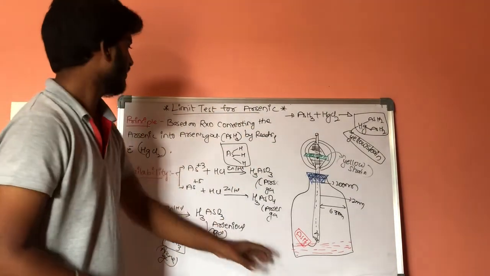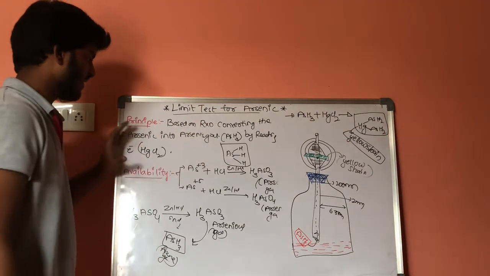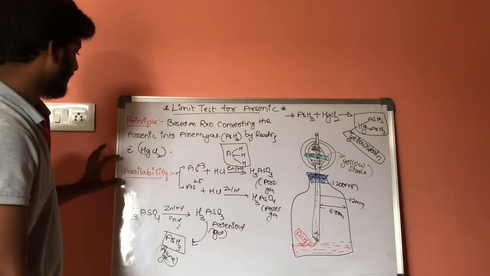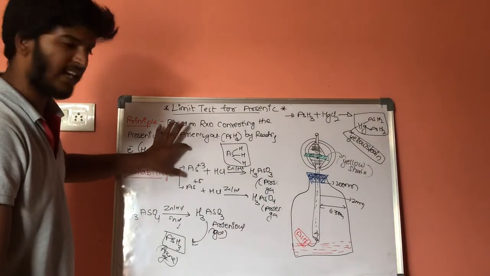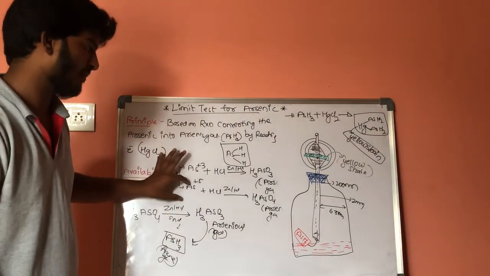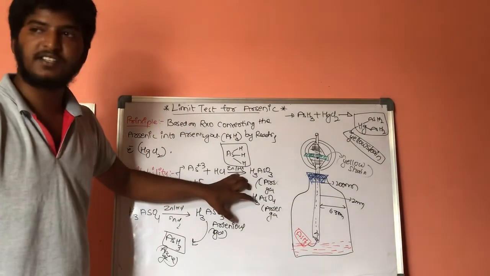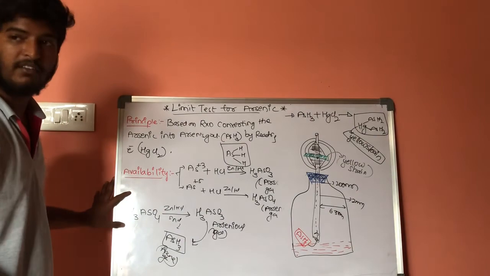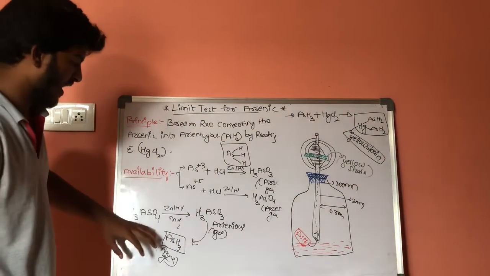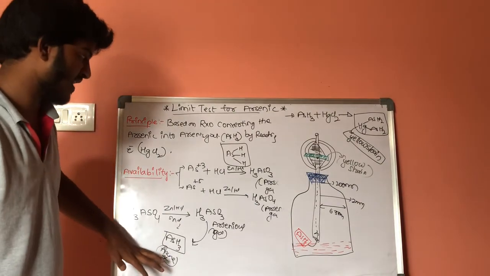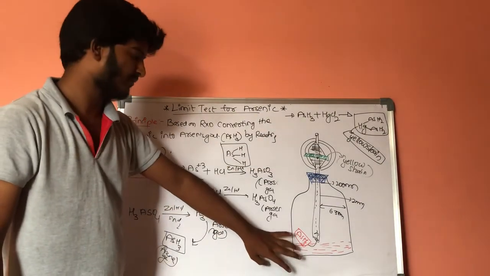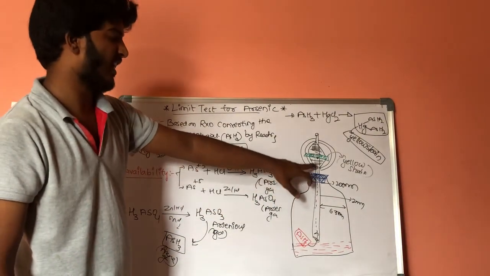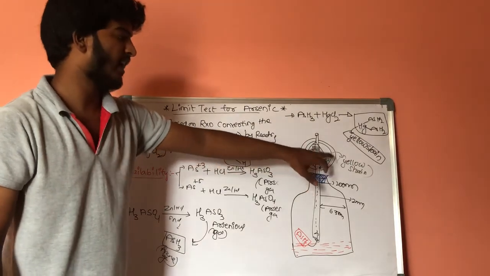Then this is the limit test for arsenic. The principle is based on the reaction converting the arsenic into arsine gas, that is AsH3, and there are two forms available, trivalent form and, sorry, trivalent form and pentavalent form. The trivalent form will give rise to arsenious acid, and the pentavalent form will give rise to arsenic acid. The arsenic acid which is formed will get reduced and form arsenious acid, and this arsenious acid which is formed will get converted into arsine gas. This arsine gas will enter into this container, move into this tube and reach this cork junction, and will react with the mercuric chloride paper and form a yellow color stain.